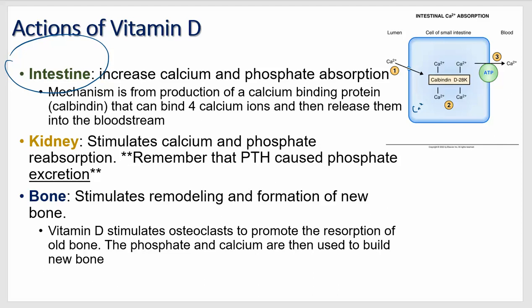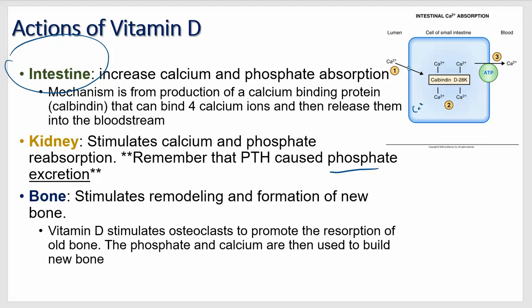In the kidney, it stimulates calcium and phosphate reabsorption. So we mentioned that already. And then we also mentioned this difference in phosphate, because it's phosphate and calcium. And in the bone it stimulates remodeling and formation of new bone. Okay, so like I said, vitamin D is important for bones. It stimulates osteoclasts to promote the resorption of old bone. So remember,